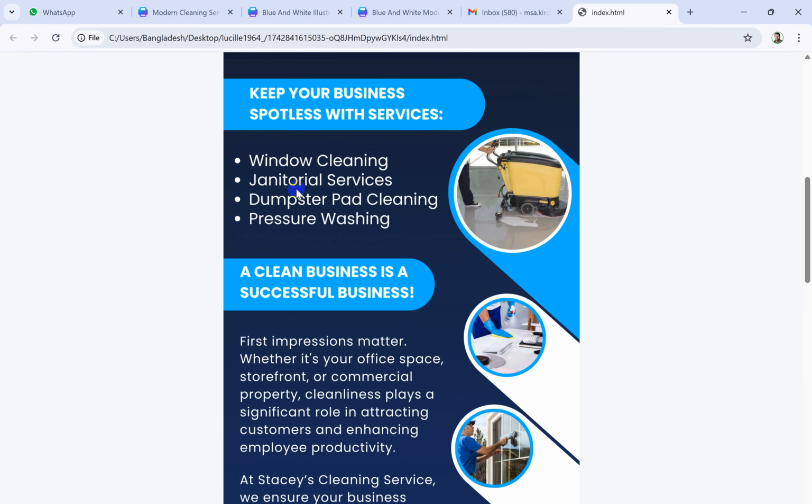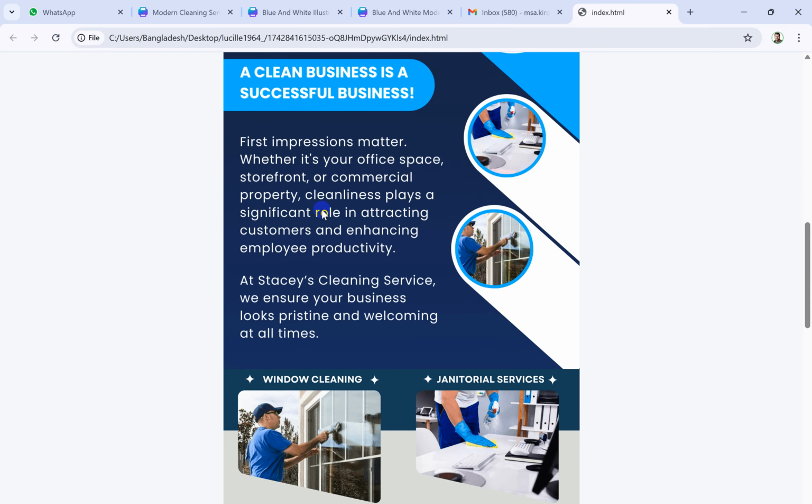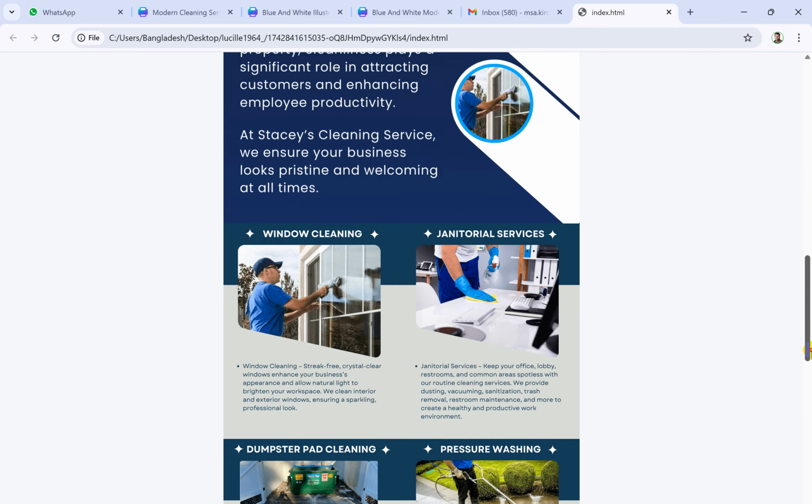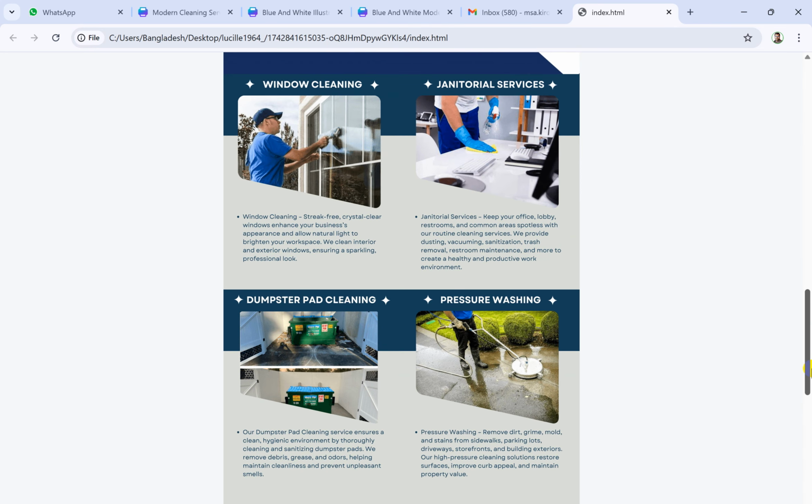One is for window cleaning and the janitorial service, dumpster pet cleaning, and the pressure washing. Whatever it is, the section is for the service, and some small description for the service relating to your work. And then I have written another section about your service with some details and some pictures, like window